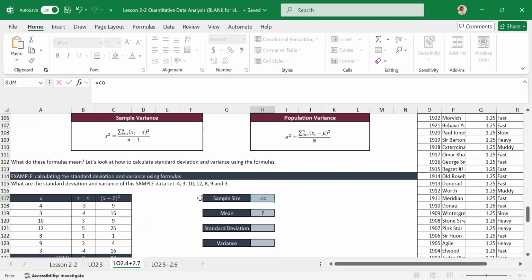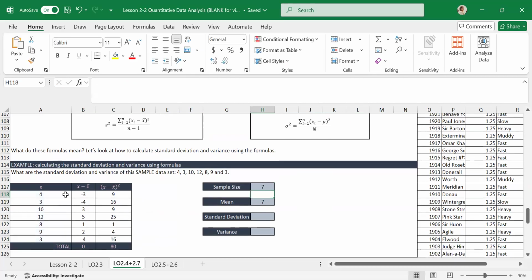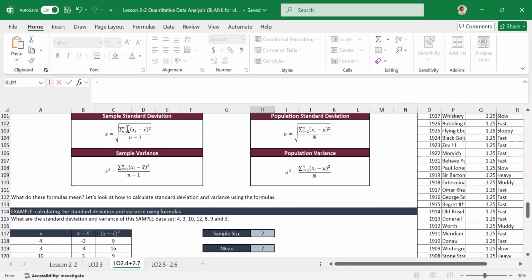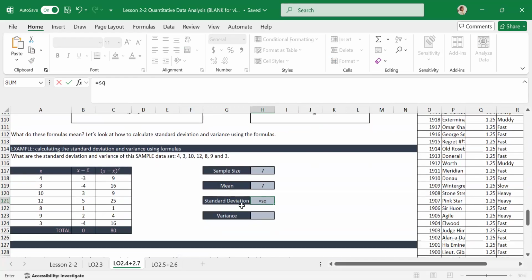The sample size for this data set we can get using the count function in Excel. That there are 7 values in this data set. You could also just manually count them, but when you have a really big data set, you wouldn't want to count them all individually. So that's why I use the count function in Excel. Then for the standard deviation, I'll just implement the formula that it's the square root of everything we added up inside the table divided by the sample size minus 1. So here's the 80, everything we added up in the table, divided by the sample size minus 1. I use brackets just to make sure that the order of operations is done correctly. And I get